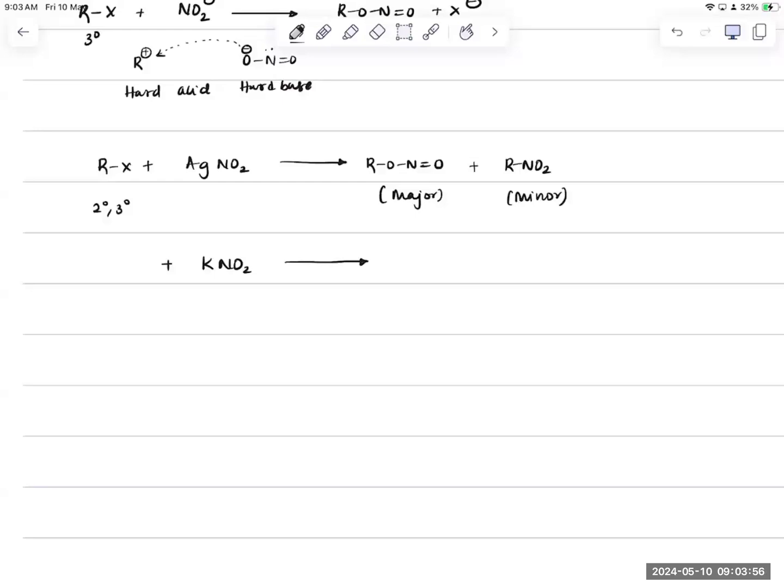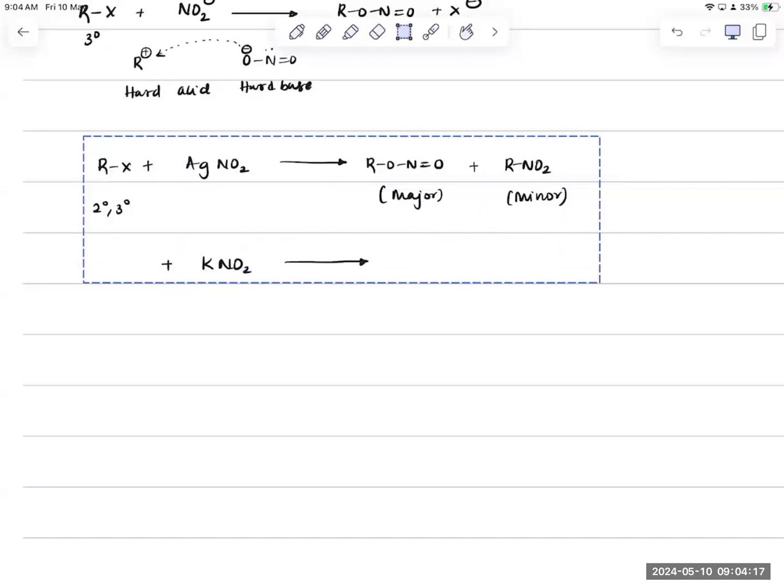Okay. But if you treat this with KNO2, KNO2 is also ionic in nature, correct? So same logic here also. This will be if RX is 2-degree or 3-degree. If RX is 2-degree or 3-degree, definitely we will get this as,